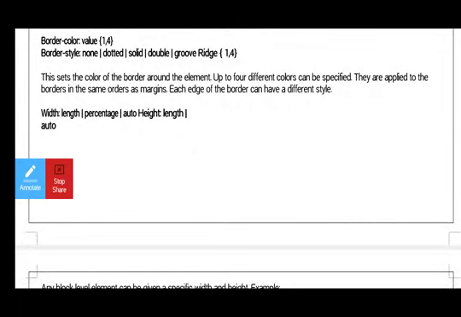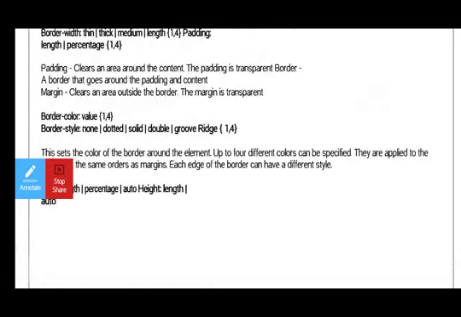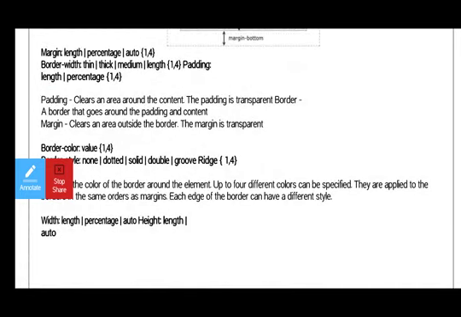So here the width and height. We discussed what padding is and how we represent it, either as a length or a percentage. We also represent the border width, whether it may be thick, thin, or medium, and the margin also, as a percentage or a length.